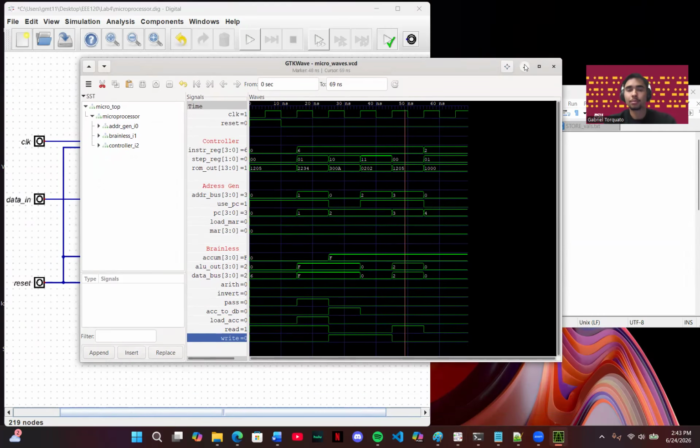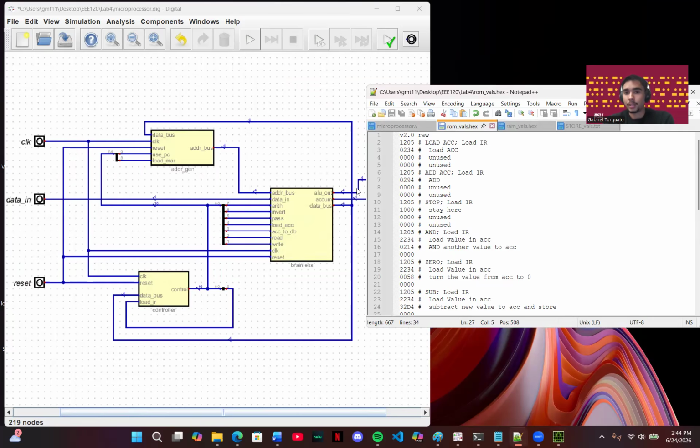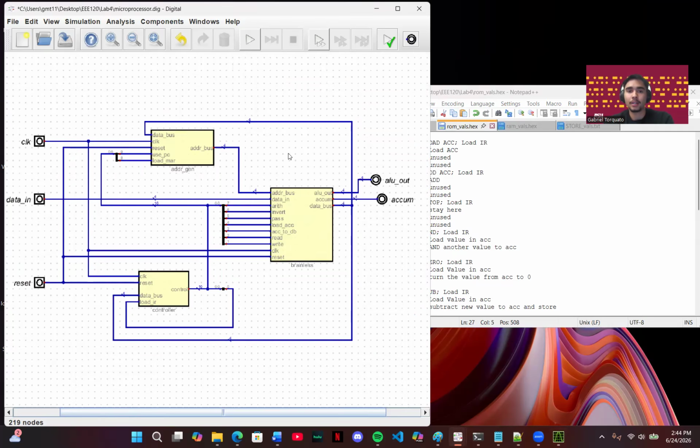Yeah, this was a pretty interesting and fun lab to do. It's basically like build your own computers, like really microprocessors. So it was really interesting to finally do that. I can only imagine the amount of other things that you could do if you incorporated other functions into your brain list. It can get real complicated. And probably the biggest issue I had was just the amount of stuff that you have to keep track of